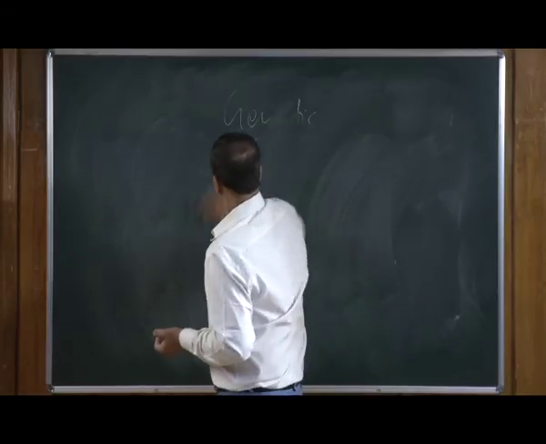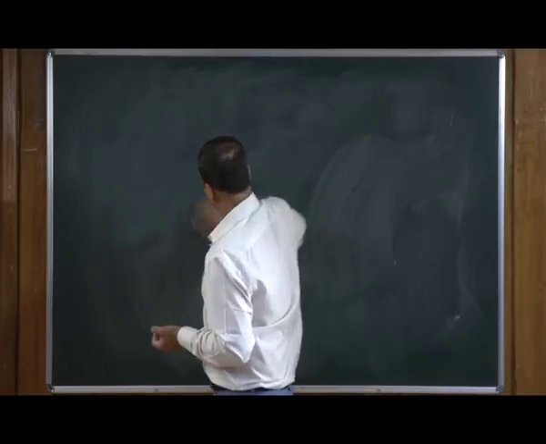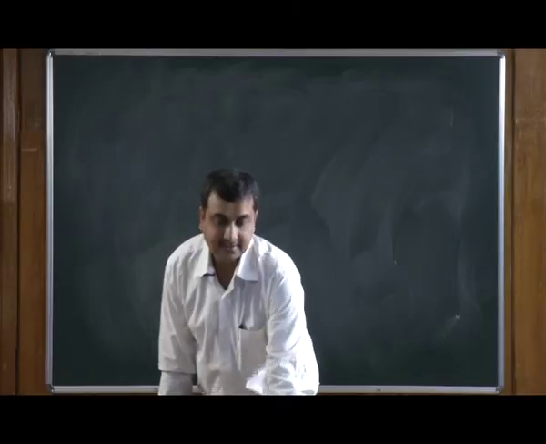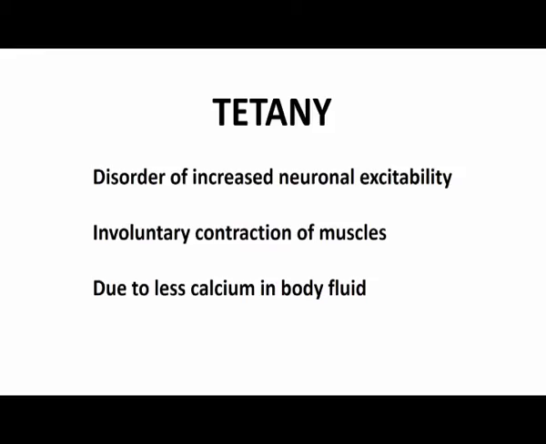So, we are almost getting into the final part, and the last one in the slide is tetany. Tetany is another condition where we have the involvement of muscular mass, and in tetany this is a disorder of increased neuronal excitability. Now, what is happening? The whole neuron is getting excited. So, more excitation is coming, and because of this there is involuntary contraction. So, there is no control in the contraction of muscle, and this is partly or mostly happening because of